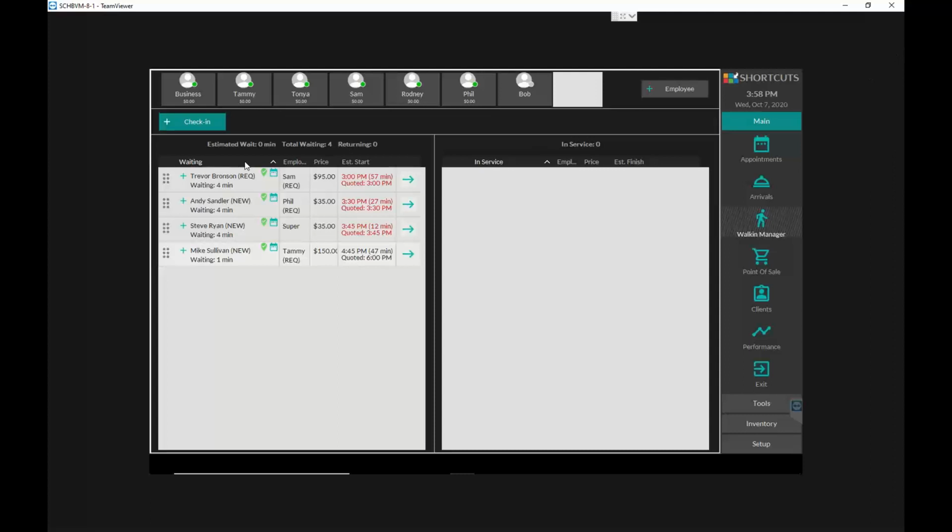Now, the new button. Whenever you have a new customer, a new client, it's been moved to the left side of the screen, and instead it's called the check-in button. So when you press it, you'll notice that all of the action buttons are colored turquoise to draw your attention to it. So when you're looking at the Walkin Manager, you need to add a new customer or put them in service, you can press the check-in button on the top left,